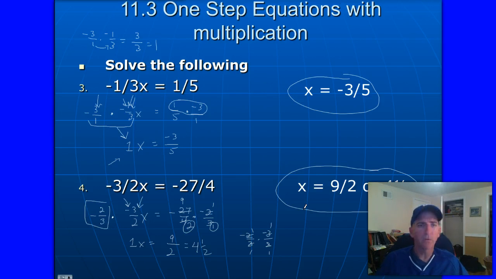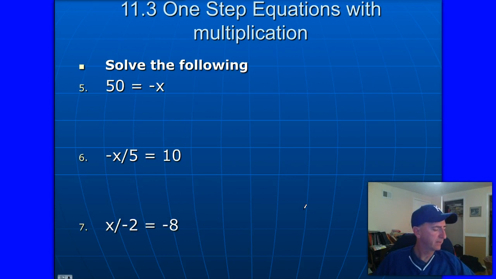And then here's a couple more, and then we'll finish this video up, and then we'll talk about two-step equations. How about this one number here, number 5? It says 50 equals negative x. Okay, you may be thinking, what do I do with that negative? Does it mean subtract or what? It means there's negative 1 there. So you could I like to just squeeze the number in there. Basically what you have to do is you have to multiply or divide each side by negative 1, making your answer in this case negative 50,